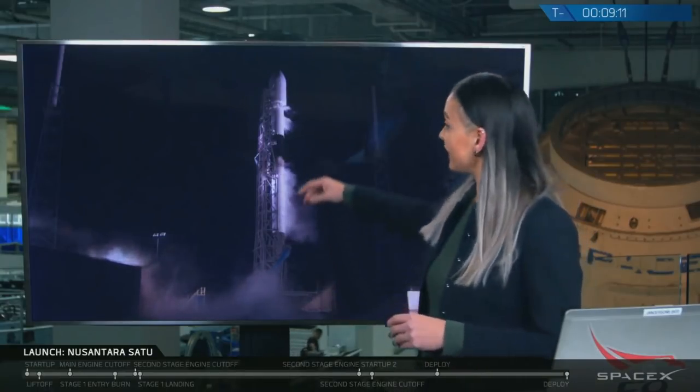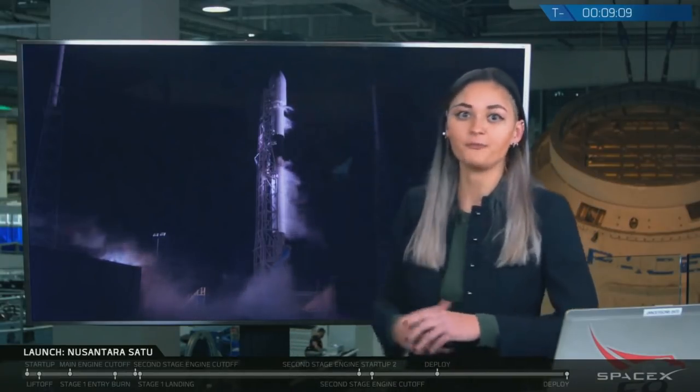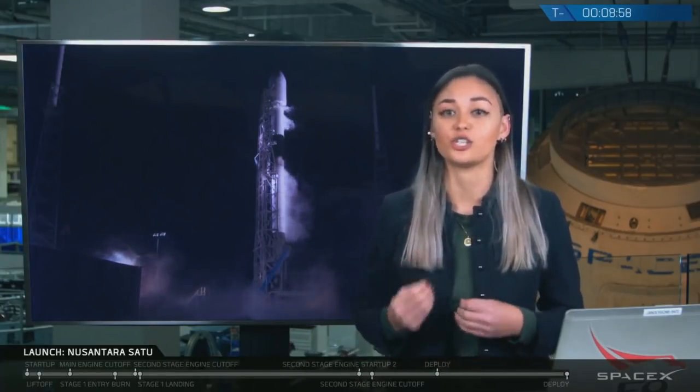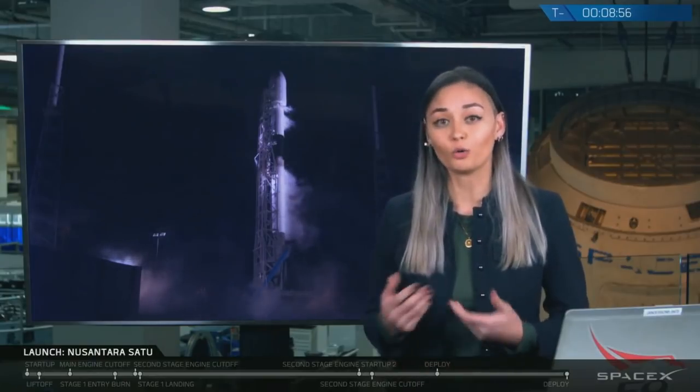Now, above the first stage is the second stage right here, which has a single Merlin vacuum, or MVAC, engine, which ignites after the first stage separates. The second stage is what will bring the New Centaurus Sat-2 satellite to geostationary transfer orbit, or what we like to call GTO. And speaking of the satellite, it is safely enclosed inside of the